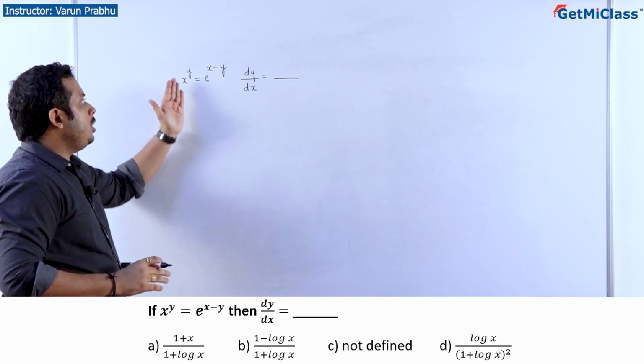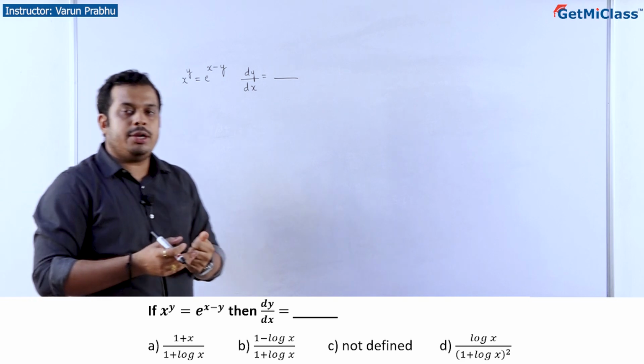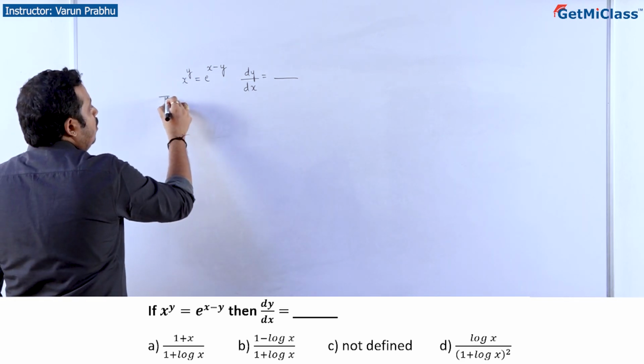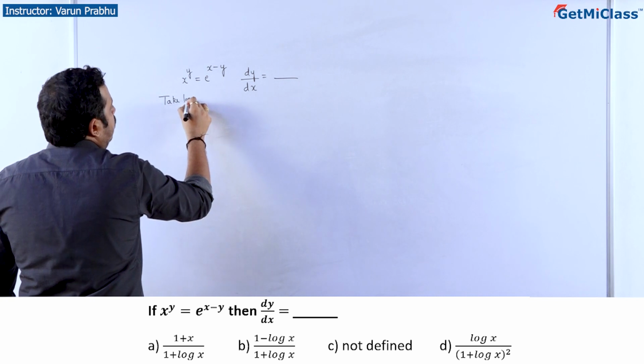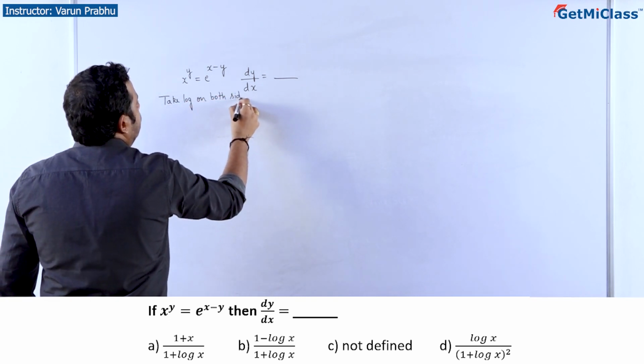The question is a function raised to the power of another function. The moment I see this in the exam, the first thing that should strike my mind is to take log on both sides. We will take log on both sides. Is it okay? When we take log on both sides, I'll get